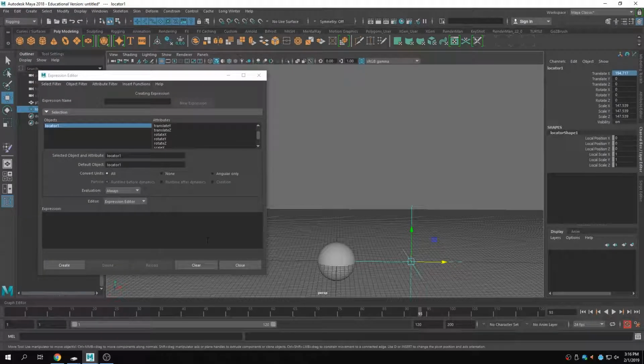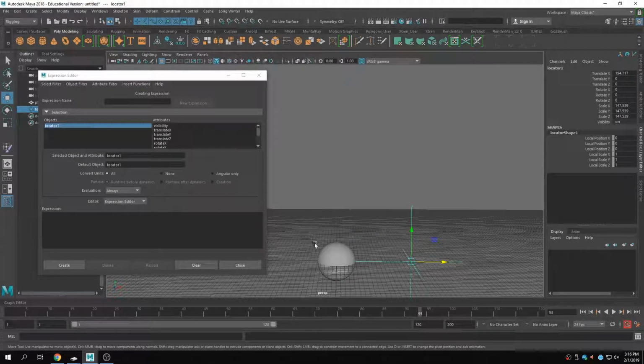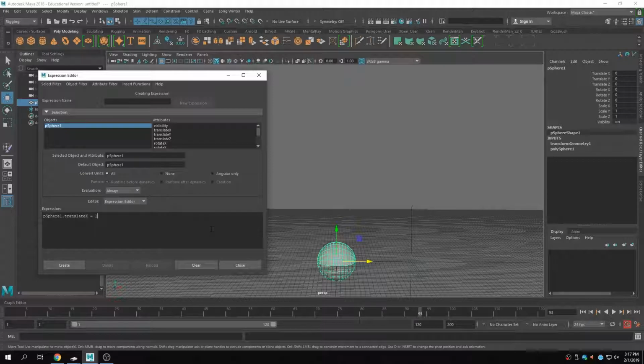So I will say that psphere1.translateY is equal to whatever this thing is named, locator1.translateY. Oh, that's one thing I forgot. Don't switch onto another thing until your expression is done, because it will disappear, as you just saw. psphere1.translateX = locator1.translateX;